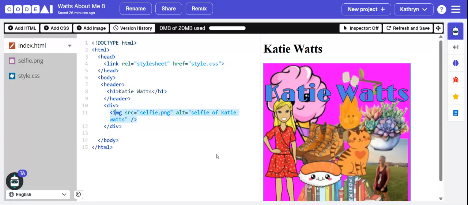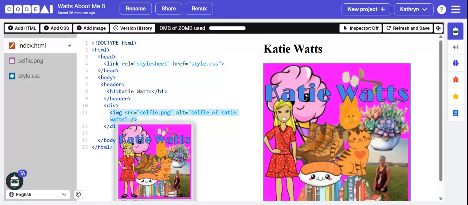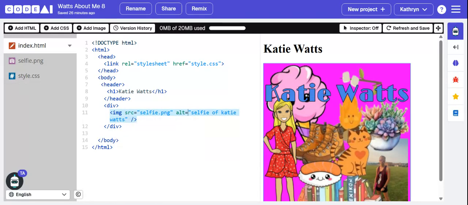If you notice the image tag, the IMG tag, also has these 2 green words. These are called attributes. The source attribute tells the computer where to get this file, selfie.png. The alternate or alt attribute tells a description of the image. So we wrote selfie of and your name. That's a description of what someone who is blind, someone who